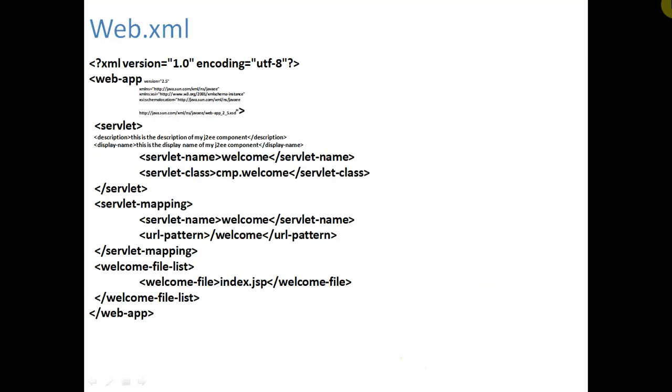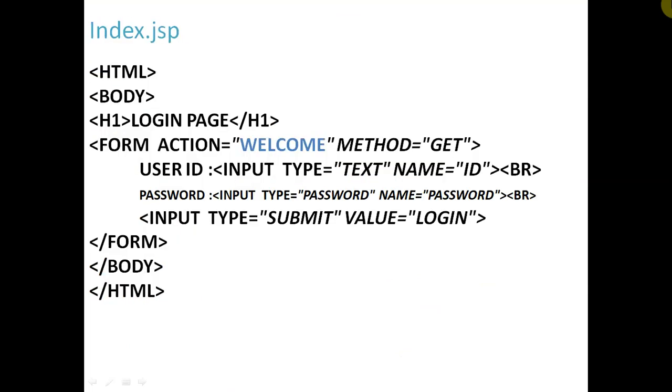And this is our program. So we have written this first program index.jsp. We will write it as index.jsp, as well as we can write here index.html. You can write index.html also. So we'll move on to the action keyword, and this action will activate the welcome class, and we have the get method. So inside the welcome class it will execute the get method, and in case of method equals to post, it will run the put function.